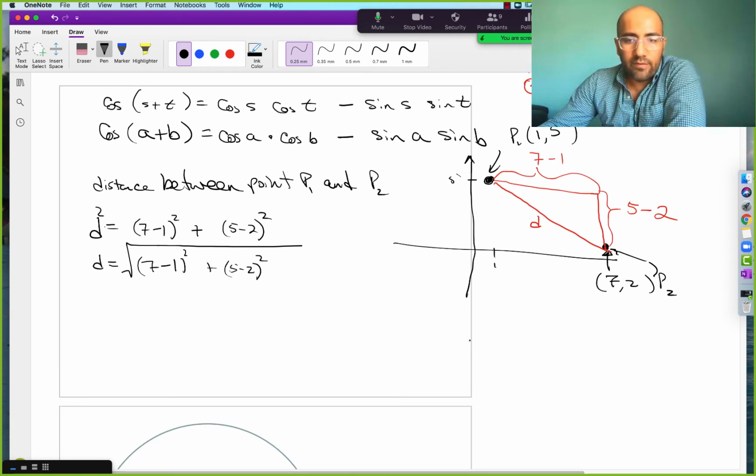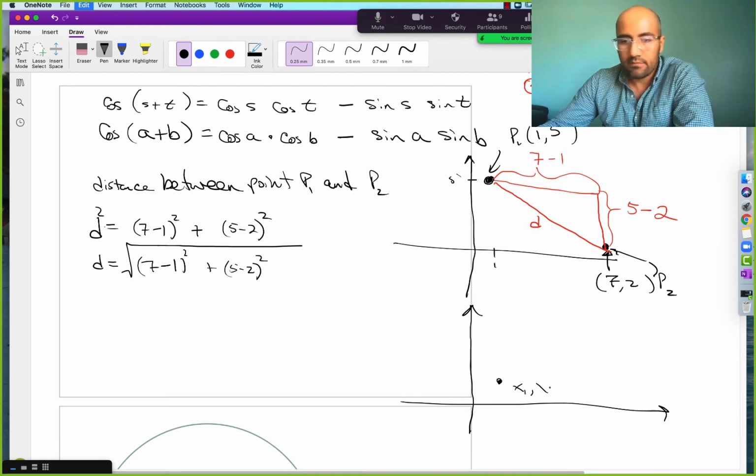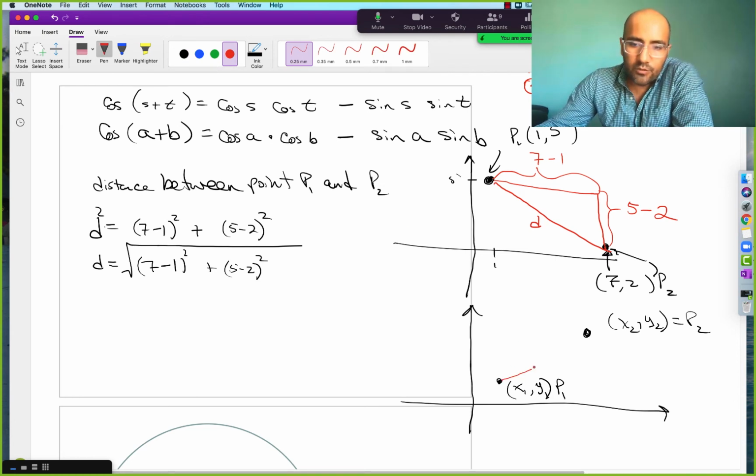And then what if it was just an arbitrary selection? Instead of putting these numbers in there, let's say we had just point 1. Here is point 1, it is x1 comma y1. And here's another point over there, and it is x2 comma y2. That's point 2. So again, if we want to find the distance between these 2 points, we think about creating